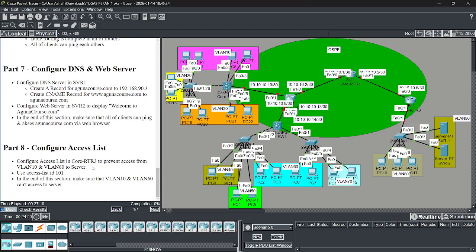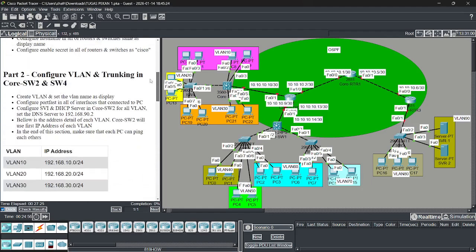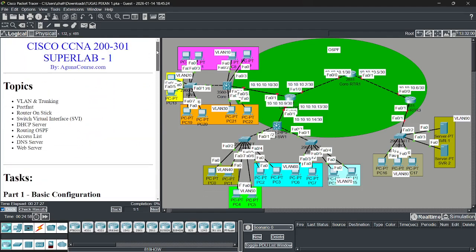The last part is to configure the access list. Okay, we jump into the configuration first.